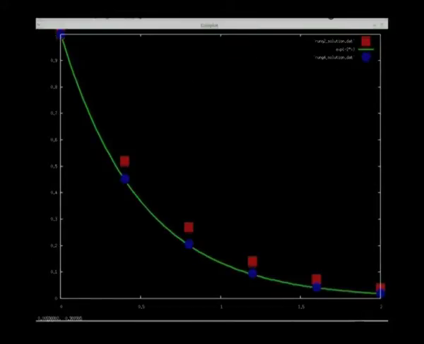So now green line is the actual solution, that is exponential minus 2x to a differential equation that y prime is equal to minus 2y. Yes, that's with boundary condition y of 0 equal to 1, and the red squares here are the ones which we obtain with second order Runge Kutta, 5 points we use, and now these blue circles are the ones which we obtain with fourth order Runge Kutta using again 5 points. Okay, so you can see that the difference in the accuracy is quite remarkable, that by using the fourth order Runge Kutta we get much more accurate